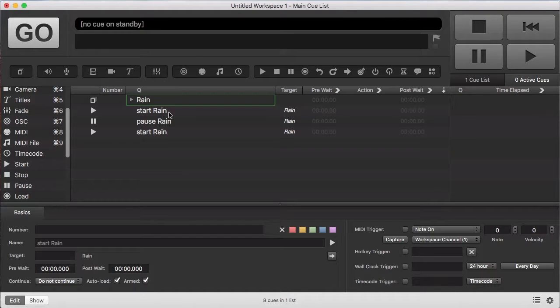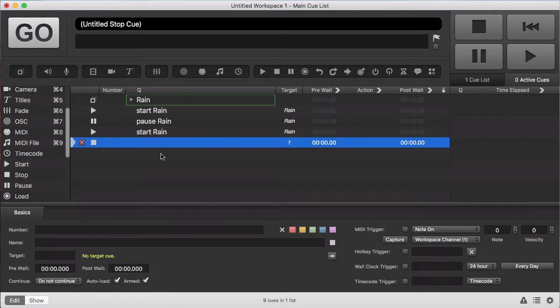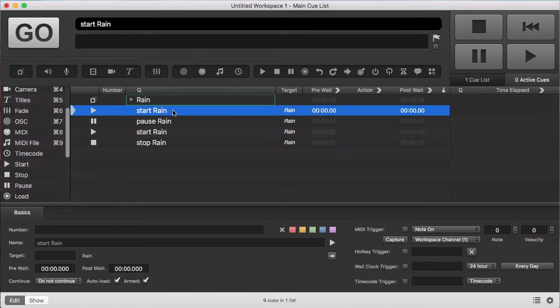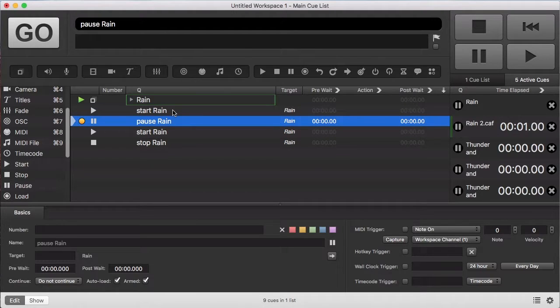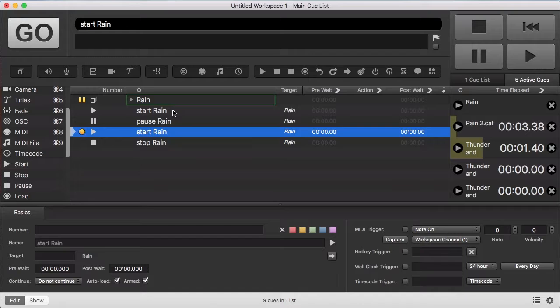Now if you want the rain to stop after this, use a stop cue. Drag the stop cue in, tell it that we're looking at this group, and then if we go to the top again, we can start it, pause it, start it again,